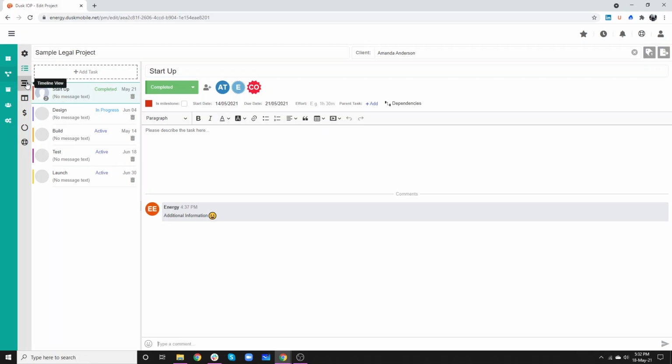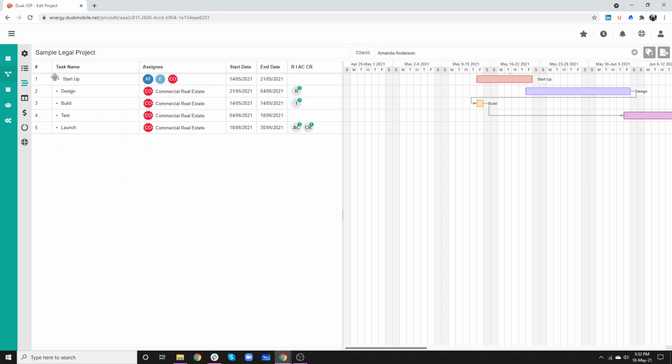The next one is the timeline view. In here we're able to move tasks up and down just by dragging and dropping. The assignees from the previous view, we can easily see which they are. We've got the dates, we've got a count of the risks, issues, actions, and change requests against the task. The colours come into play here, so we're able to again see here, this was the red that was defined for the startup stage. By hovering over it, we can easily see what's happening, and we can move and link tasks using the hand.